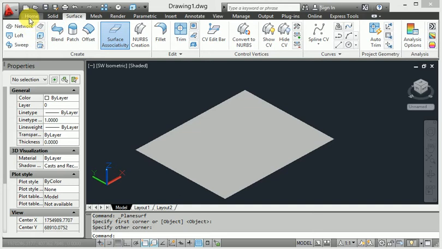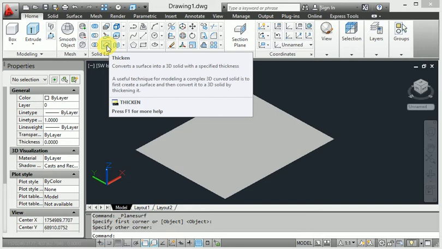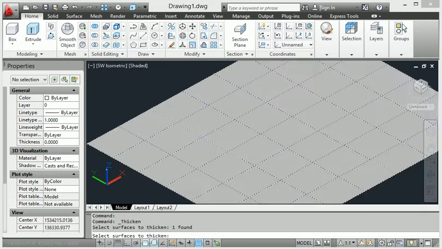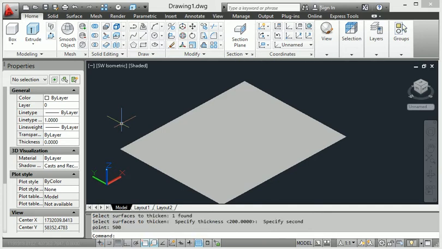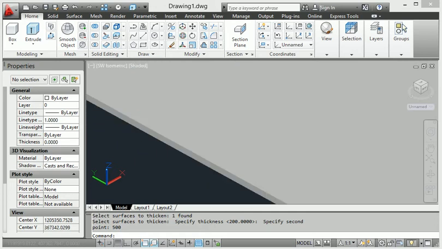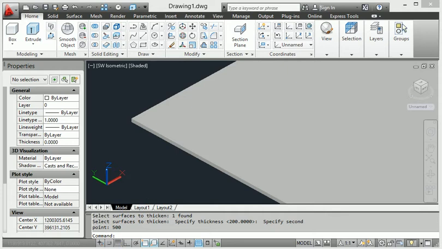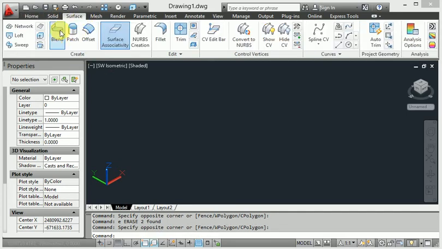Now I will show you the home page and use thicken; this one is the thicken command. When I enter thicken and press enter, I click the edge, and how much thickness we will provide, I will give you 500. So I press enter right now. First of all, I create a rectangle, this is a rectangle surface here, this one